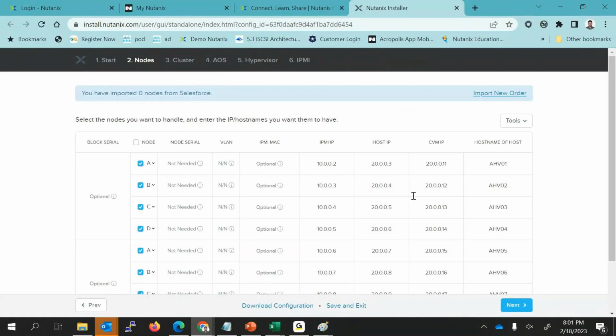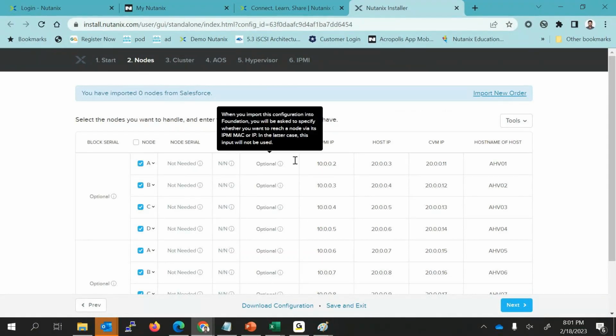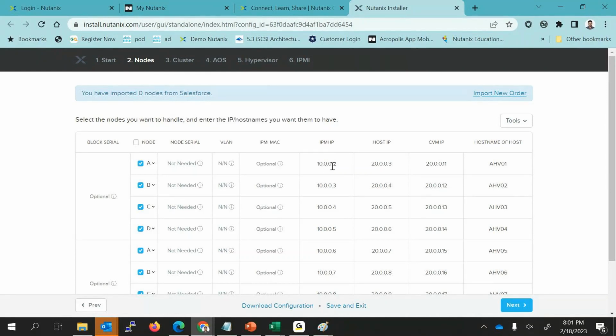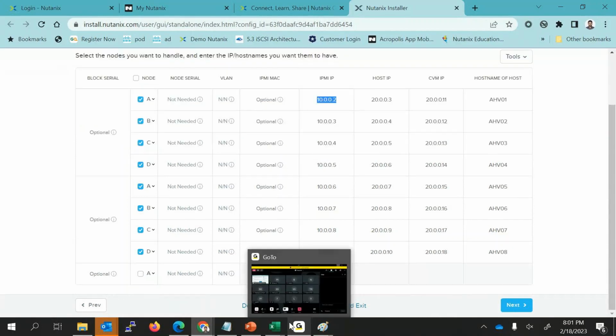But the IPMI MAC and IPMI IP are optional, because the IPMI is already configured. You can pre-configure this IP at the beginning stage, or you can do it from here. But if you already have configured it,